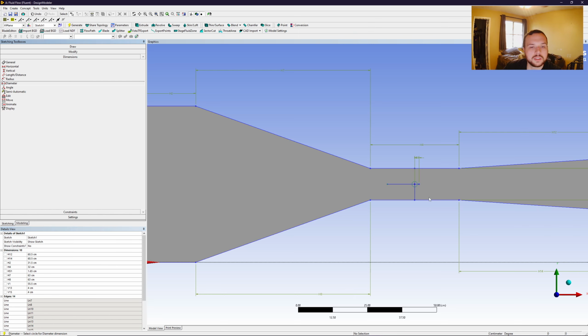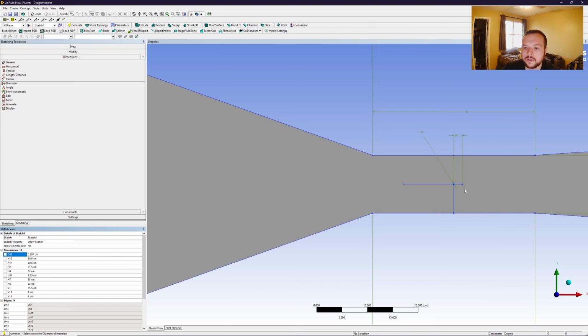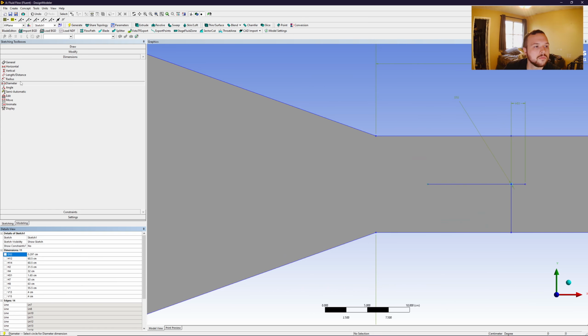And now we're going to change the diameter of this circle to be 0.297 centimeters. And so now, so we can actually see it, we're going to zoom in,